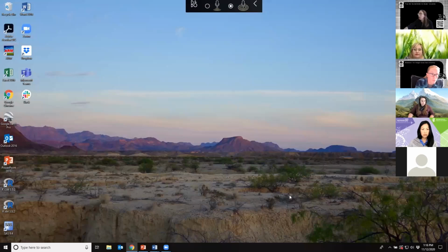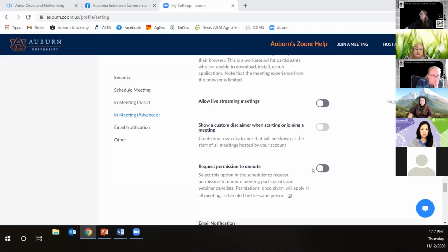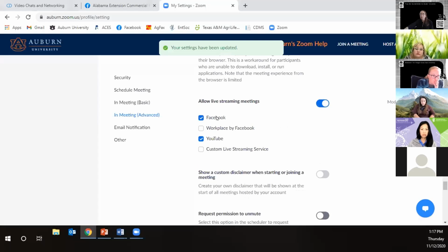And if I were to go and click that button and turn it off, I go back. Well, it hasn't updated yet, but that would be a way it would go away if I turn it off. Let me go back to this one. Okay. So what you're going to want to do is just click it, turn it on, and I've selected Facebook